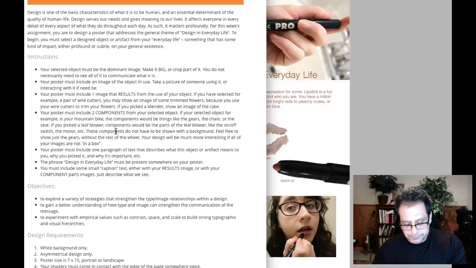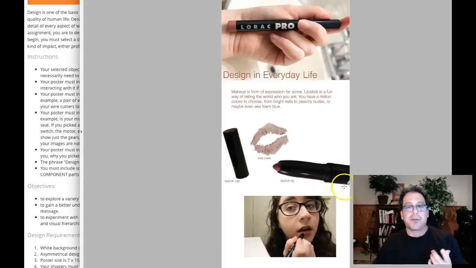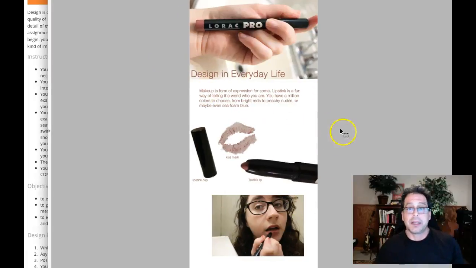Okay, so if we look at images that we could use to really express the message, present a message expressively so that we can work with typography based on that. Right now you have a very pedestrian layout, as it were. I'm not necessarily seeing a grid in action here, and I say that because